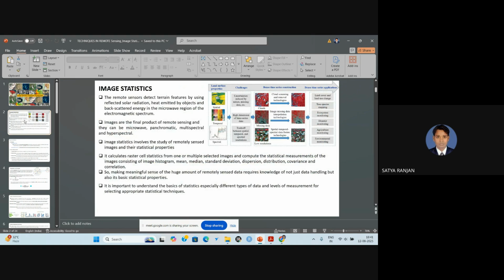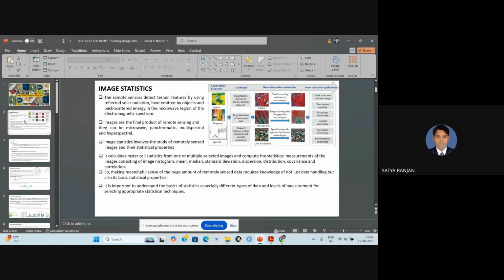In remote sensing, sensors detect terrain features by using the different reflected solar radiations in the optical range, heat emitted by the objects in the thermal range, and backscatter energy in the microwave range. So different types of electromagnetic radiation are collected by different sensors. These data and values are calculated in different statistical analyses